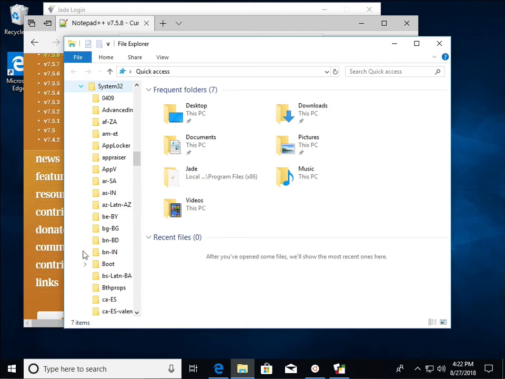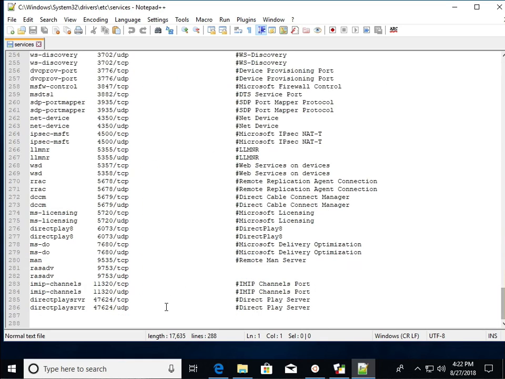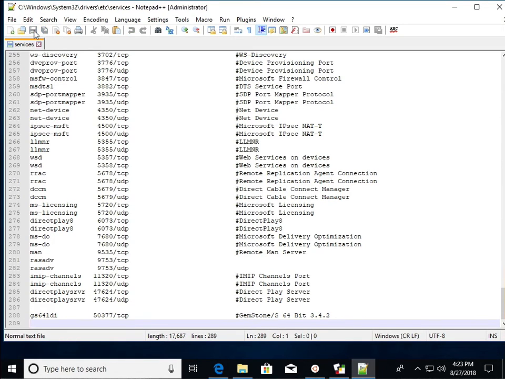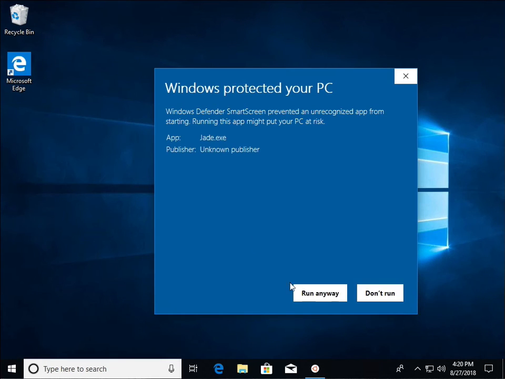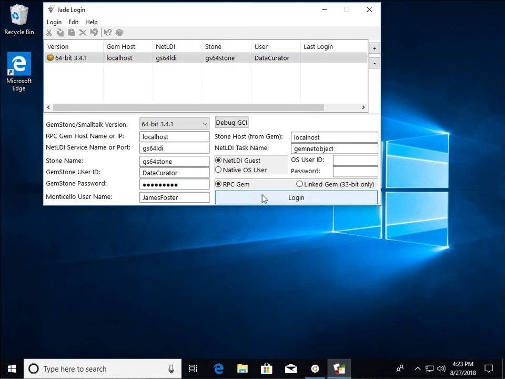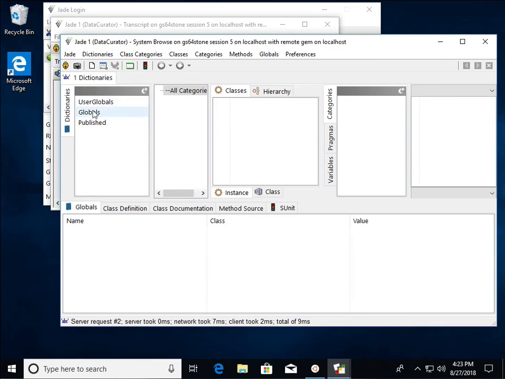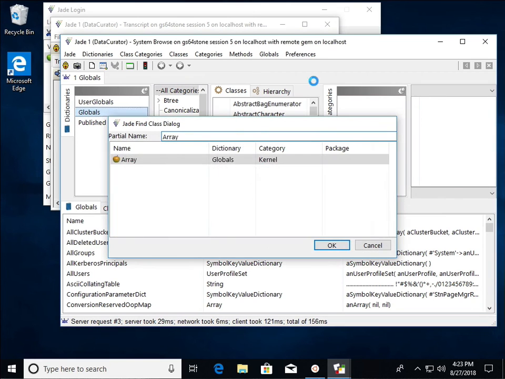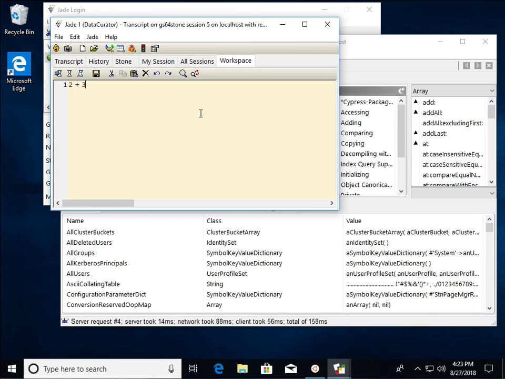Finally, we'll prepare the Windows services file so that it recognizes the name of the services, so we can use it rather than the number. Save the services file and launch Jade. With Jade, we can log in to the GemStone database and interact with it, view code, execute code,